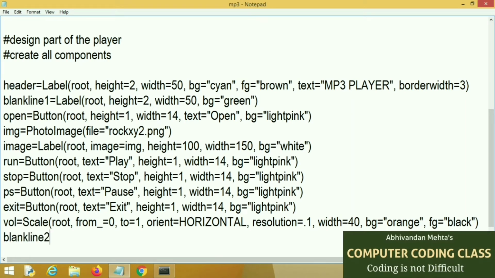Now I will create a second blank line, that is before status. I will place the second blank line. Last component is status.